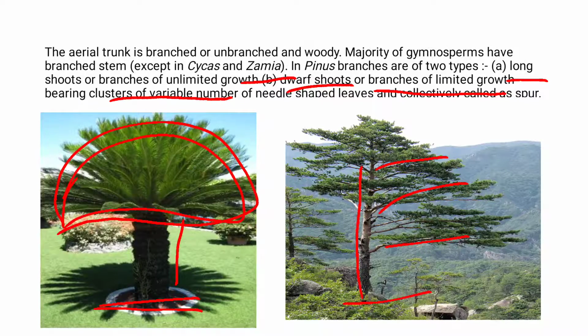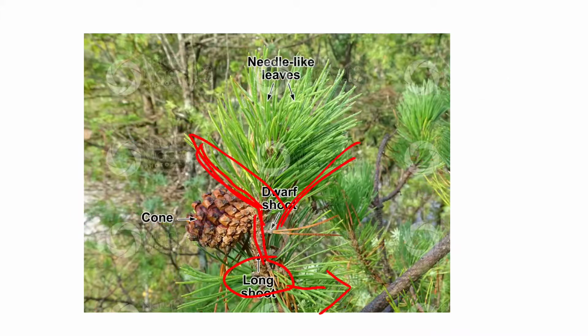If you look at the vascular system in case of stem, the vascular bundles, particularly xylem and phloem. In case of xylem, vessels are absent. All other xylem elements are present, and xylem vessel elements are absent in gymnosperms. You should remember this. Xylem vessels are absent in gymnosperms. All other xylem components are present. Only vessel elements are absent. But in case of Gnetum,